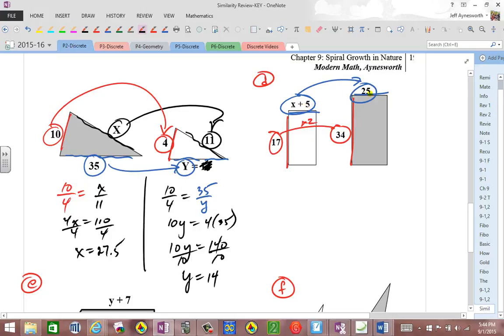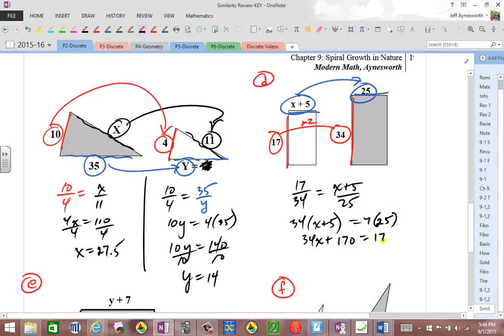All right, so anyways, what am I saying? 17 to 34 is equivalent to x plus 5 to 25. That means 34 times x plus 5 is equal to 17 times 25. That means 34x plus 170 is equal to 175. All right, subtract 170, subtract 170, you get 34x is equal to,